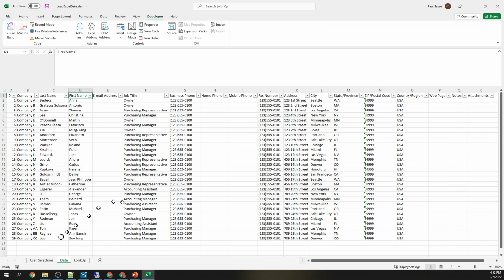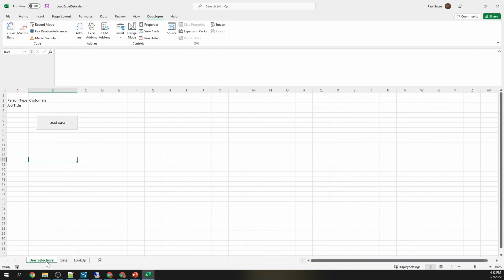So what I've done is I've set up this tab where the user can enter some data. So the first thing they do is they tell me what person type. Do they want to look at customers or employees? Okay. In the Northwind database, there's a table called employees. There's a separate table called customers. So when I made this change,